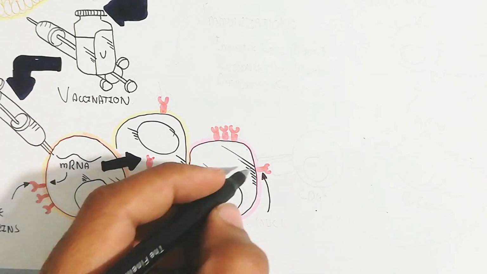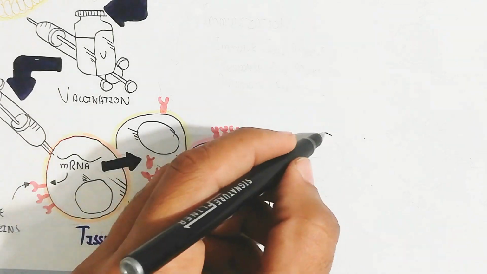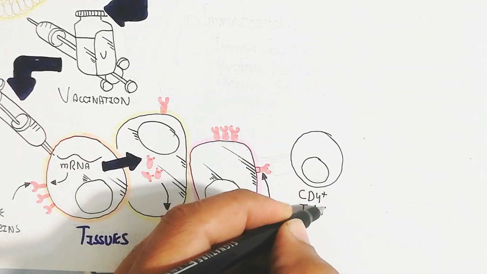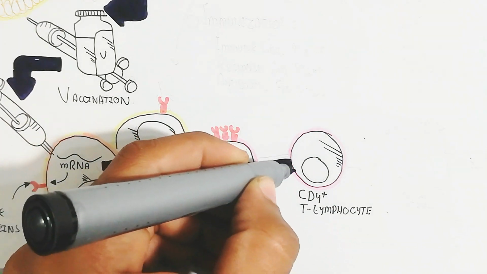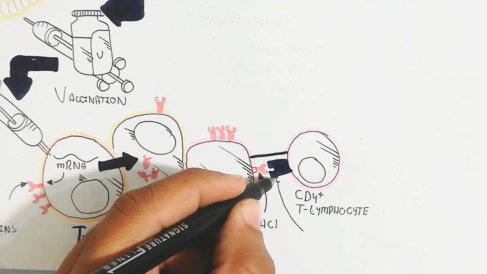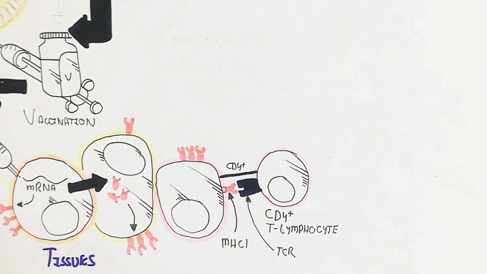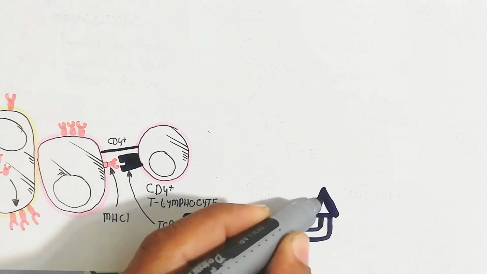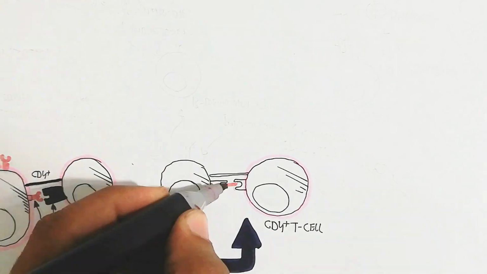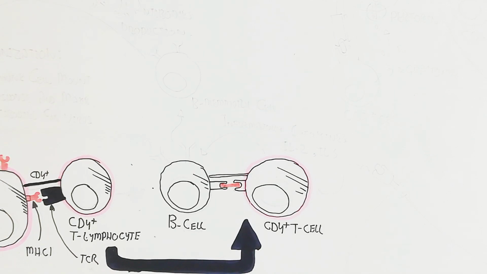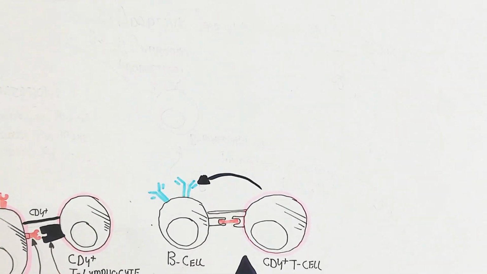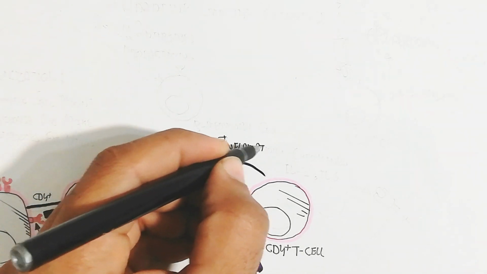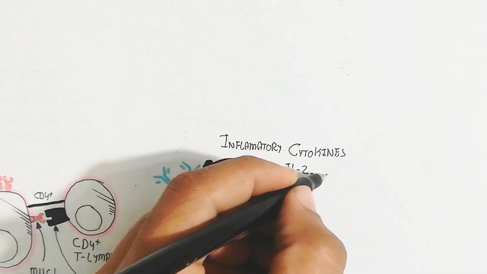This is basically not our own protein, it is against our immune system. So this is the antigen we recognize through the CD4 positive T lymphocyte, the T helper cell, and in this way the CD4 molecule recognizes it with major histocompatibility complex molecule, which will show this antigen like a dendritic cell formation, and the B cell will recognize it. The CD4 T cell will help to activate the B cell and produce inflammatory cytokines like interleukin 2 and interleukin 6